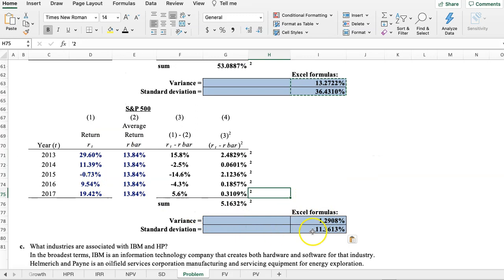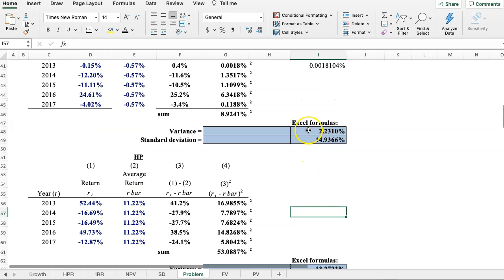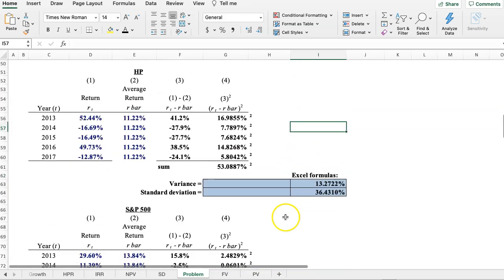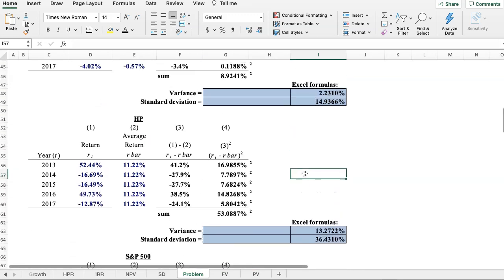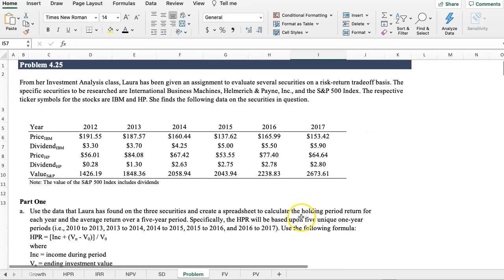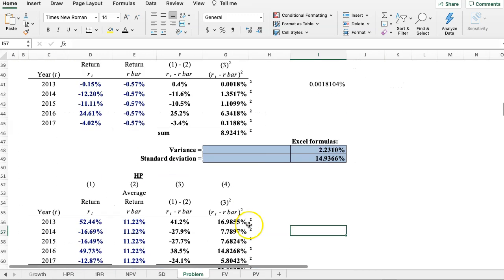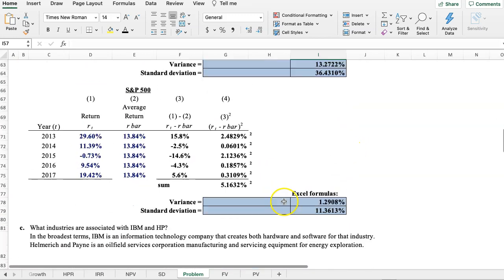The standard deviation is 11, and the variance is 1 on the S&P. For HP, it's 36 and with a 13, and here we got a 14 with a 2.2. So it would look like the S&P 500 was the lowest level of risk. Okay, so that'd be a way of looking at these different stocks and kind of trying to use the standard deviation, an idea of the risks, and since they have different average returns, it's really the variance that would tell us the risk more